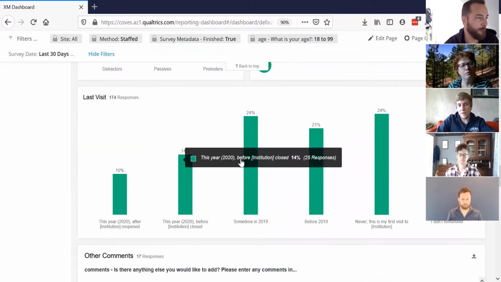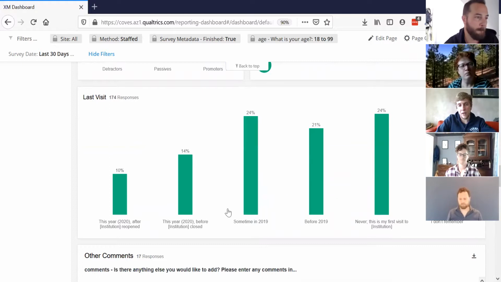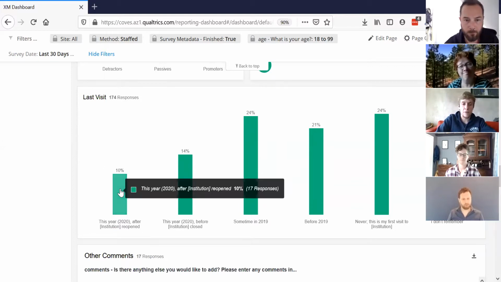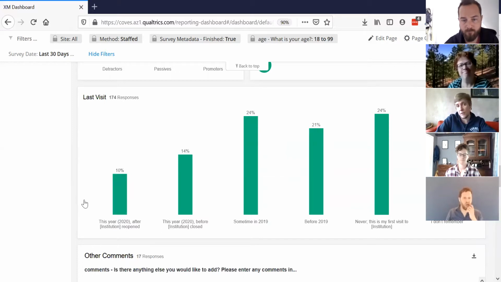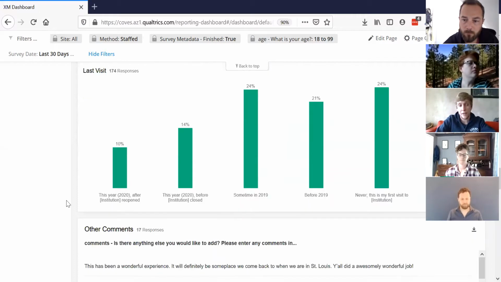And then here we have the last visit. When was the last time you visited? With the understanding that there were extended closures for most of us. And interestingly, there are already some folks who have visited multiple times since museums reopened. Some of us have been open for almost 3 months at this point among the earliest openers, so it's not too surprising that there might be some people who are coming multiple times and getting the survey again.